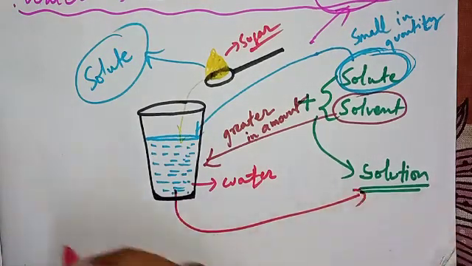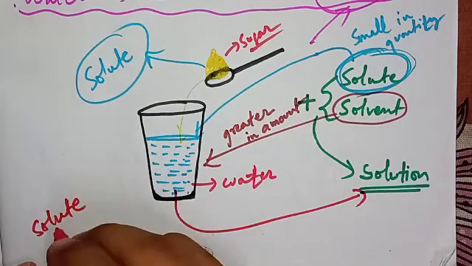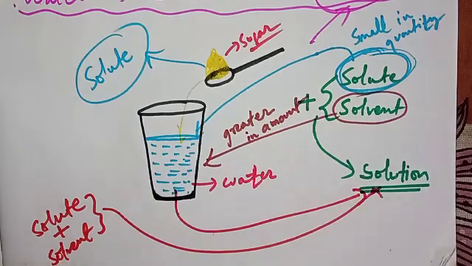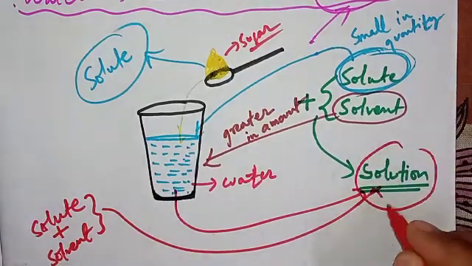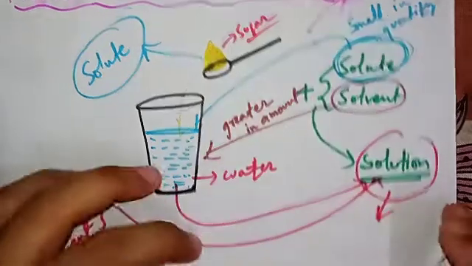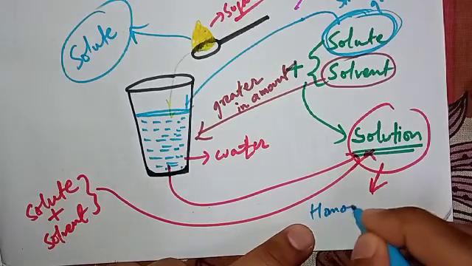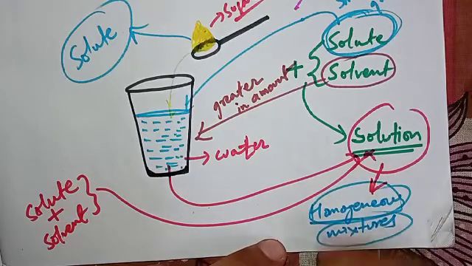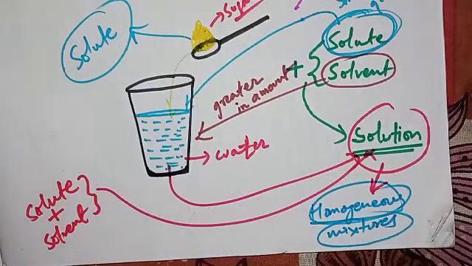And that new mixture is what? Solution. Yes. So the combination of solute plus solvent gives you what? A solution. And always keep this in your head that a solution is a mixture. Yes, solutions are mixtures, but they are a special kind of mixtures. And what are they? They are homogeneous mixtures. So every mixture is not a solution. If that mixture qualifies as a homogeneous mixture, then we can say that mixture is a solution.